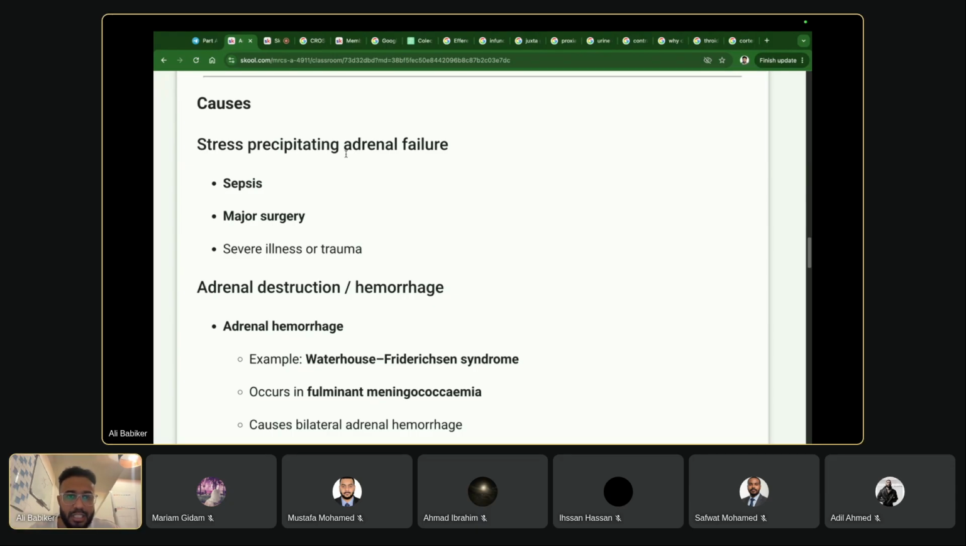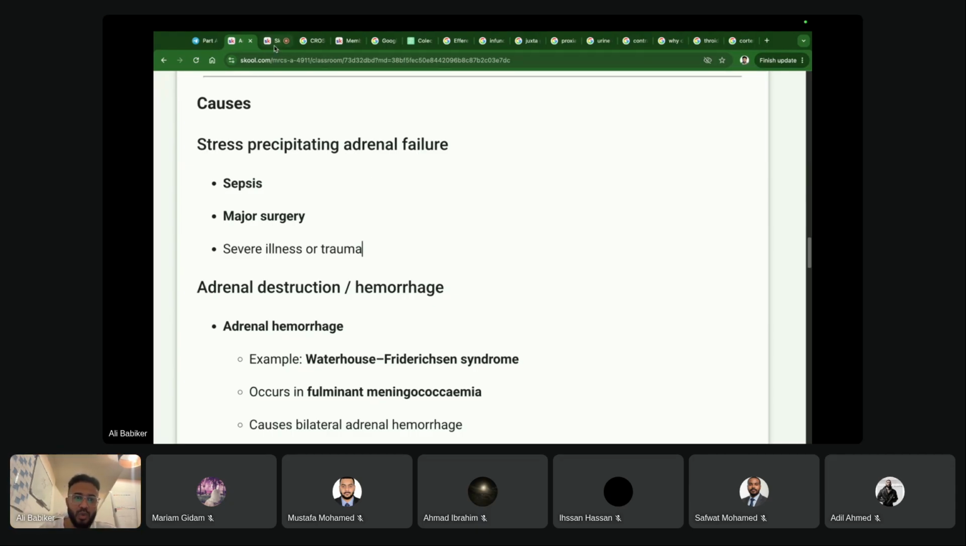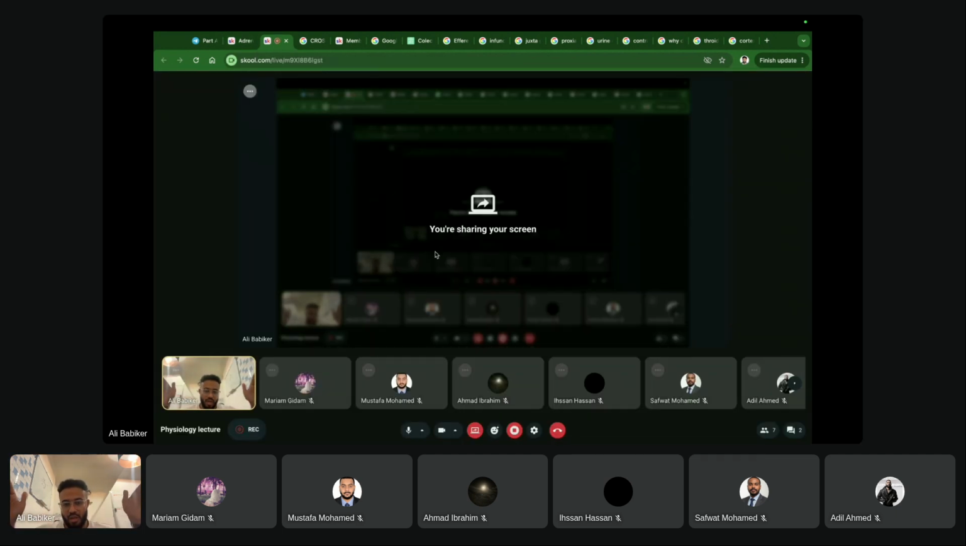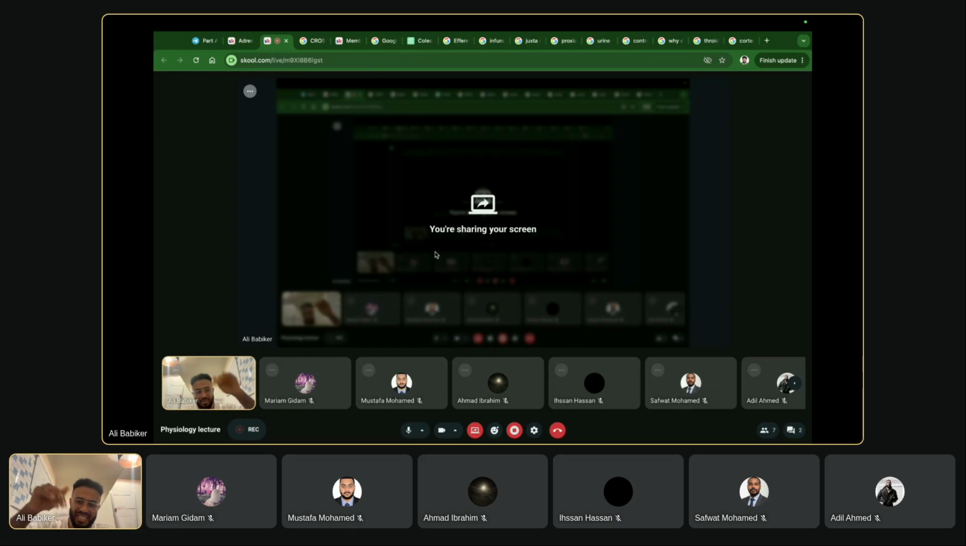Okay, so stress precipitating adrenal failure, meaning if your patient has sepsis. Why will sepsis cause an adrenal issue? When you have sepsis, you have vasodilation, and this vasodilation will lead to a drop in the blood pressure. If your patient has sepsis, that means the blood pressure is very low. When the blood pressure is very low, the blood supply to the adrenal gland is very low, and this will lead to